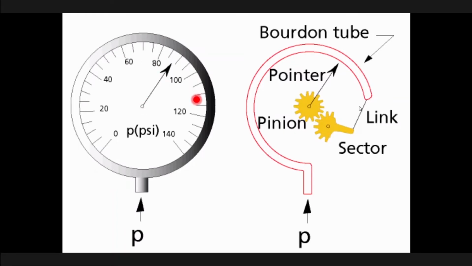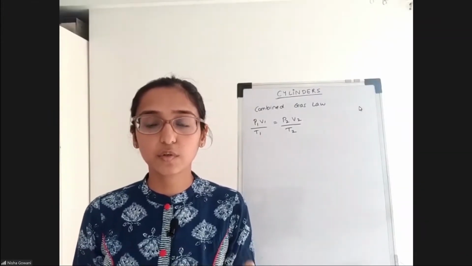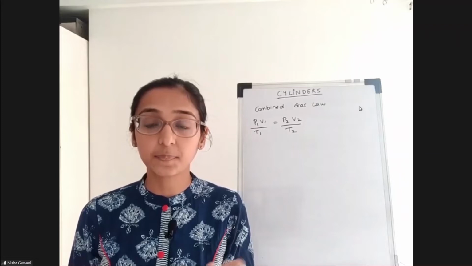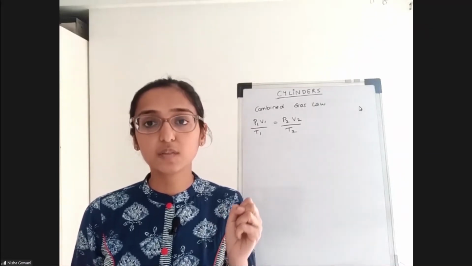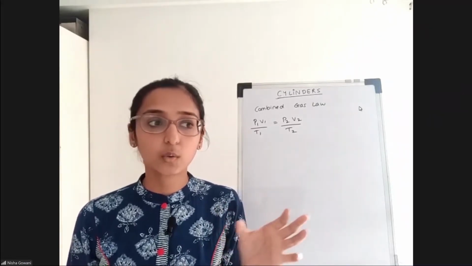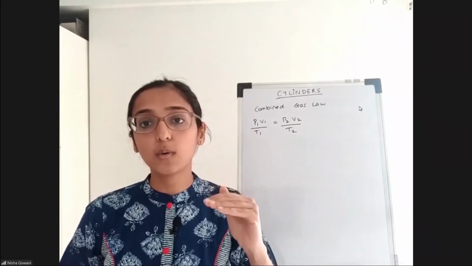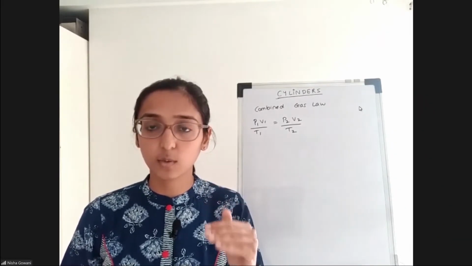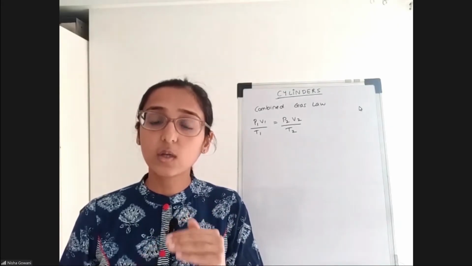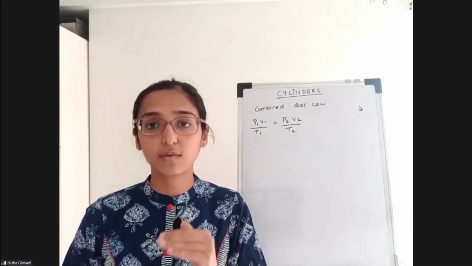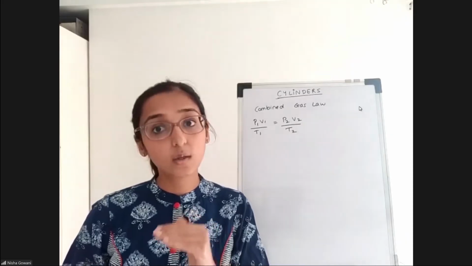Okay. So this is the working of the Bourdon pressure gauge. Let's understand the filling pressures of the oxygen cylinder and the nitrous cylinder. The cylinders which are filled with gas follow the gas laws, because the oxygen cylinder contains only compressed oxygen gas, whereas the nitrous cylinder is filled with liquid nitrous oxide. It's got liquid nitrous oxide.